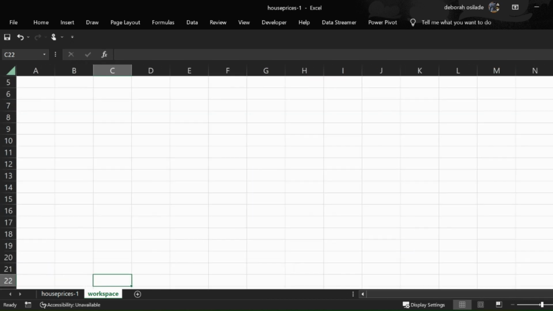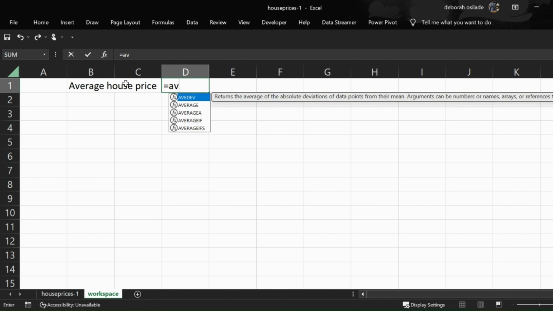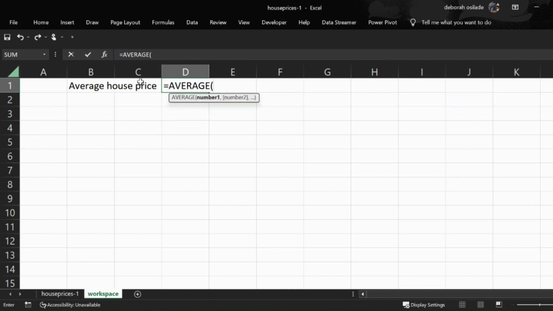Okay. So let's do the first example. Okay, so I'm going to call this average. So let's assume that we want to calculate the average house price, right? So the average house price, yeah. And of course, I want to get my data from here, so I'm just going to say equal to. I'm going to call the average function, and